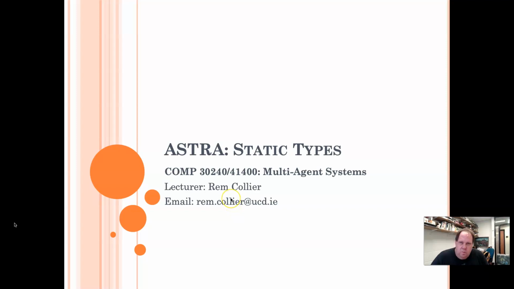Okay, so one of the goals of developing Astra, or one of my goals in developing Astra, was to use a static type system. And remember, static types is like the way that we do things in Java, and dynamic types is the way that we define variables in languages like Python or JavaScript, where the variables can change the type. In Java, the variable has a fixed type and it can't change from that type at all during the execution. It always must have values that are the relevant type, and if you try to store a value of the incorrect type in a typed variable, then you get